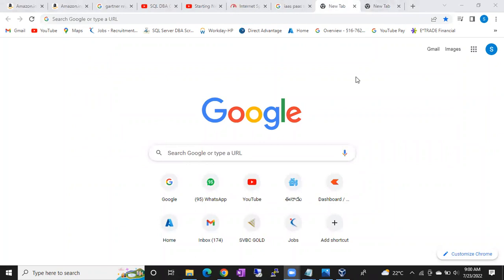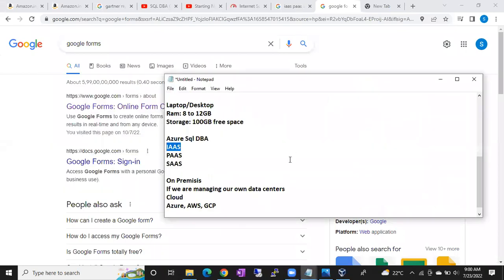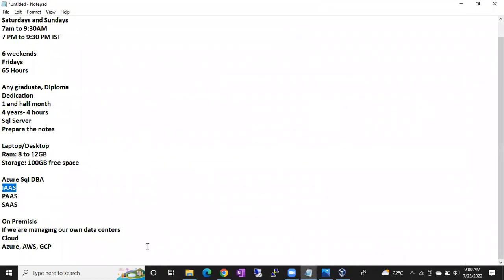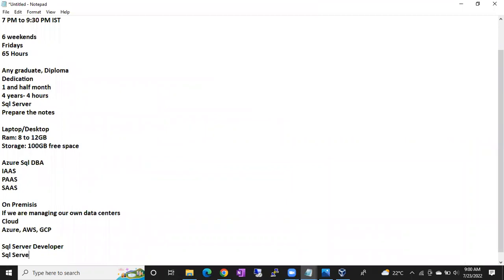Sir, does it require any SQL queries or any coding? Very good question. So guys, in SQL Server we again have 2 types: SQL Server Developer and SQL Server DBA.